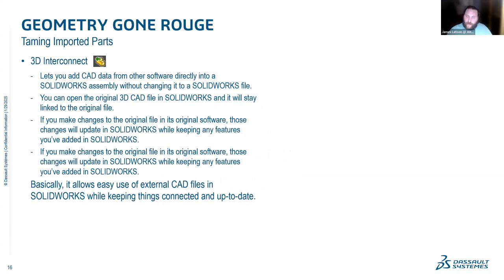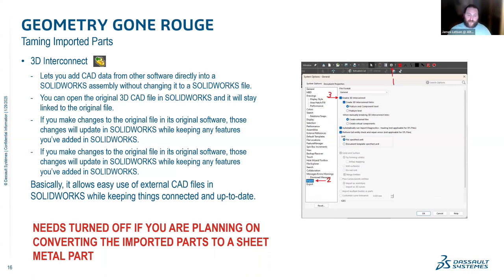But the thing about 3D interconnect is that if all you're supposed to be doing at your job is taking imported geometry and converting it to sheet metal parts, 3D interconnect is going to mess you up. So you want to make sure that you turn it off if that is your plan. You're trying to convert imported parts to sheet metal parts. And how you do that here, if you come up to your settings, you come down to import and your little enable 3D interconnect button. You just want to uncheck that, and it will turn it off,